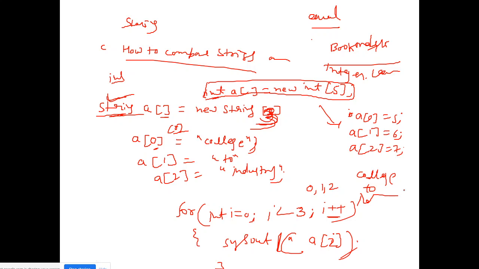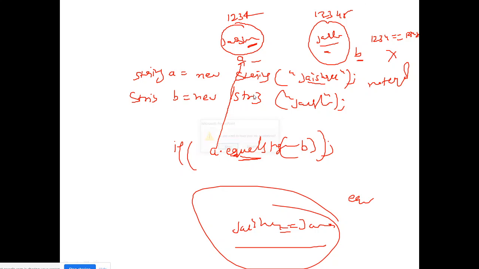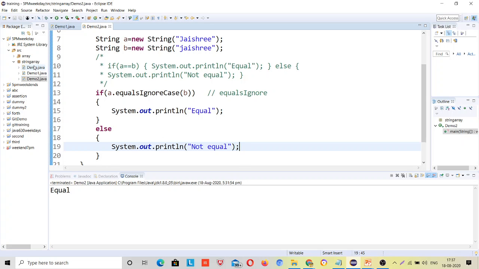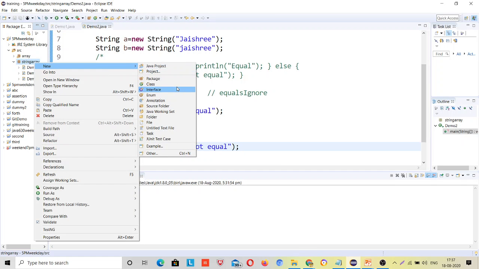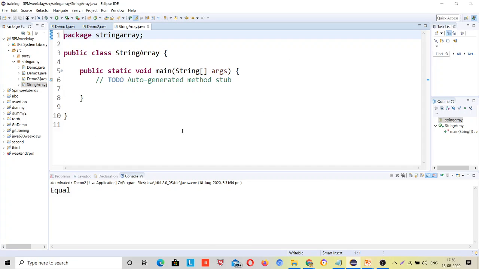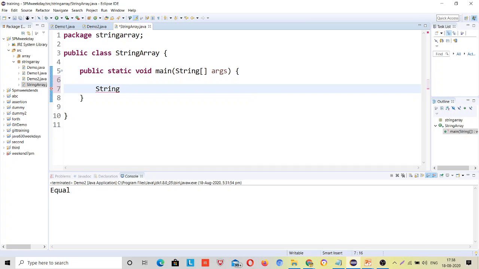So I'll go back to the Eclipse IDE to show you. If you want this code, you can ask, that's why I have made a separate file. I'll define a string array: String a is equal to new String, and suppose I give size 3.